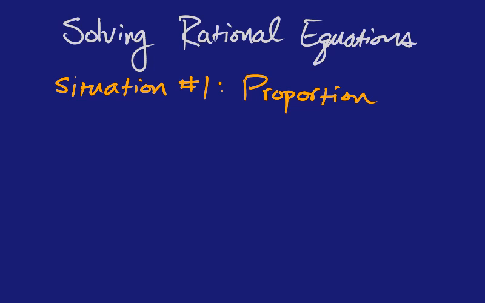You may have seen problems like this in your past math classes where you have a fraction equal to another fraction. So 9 over 3x equals 4 over x plus 2. In problems like this where you have a fraction equal to a fraction, we're accustomed to using the process of cross multiplication. So when you cross multiply,